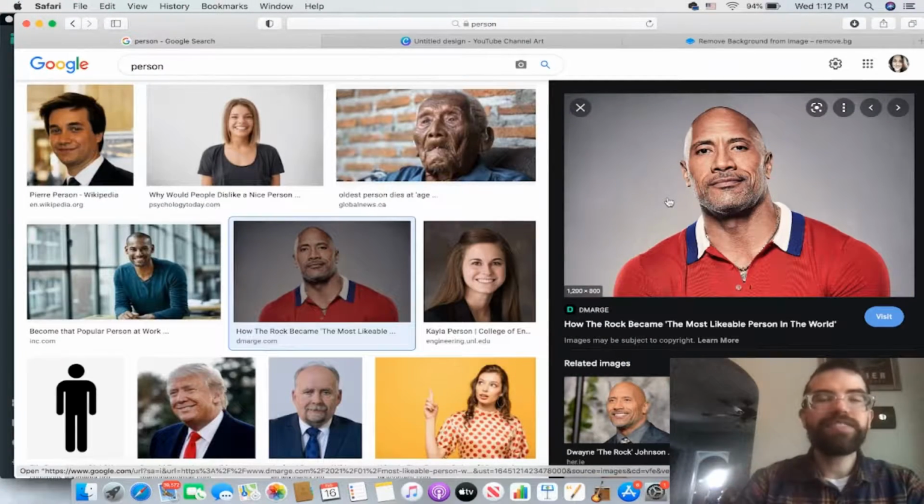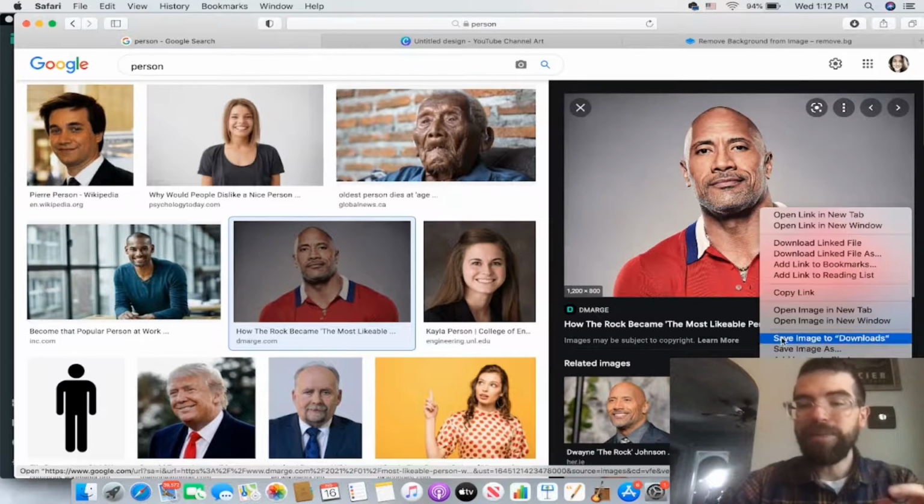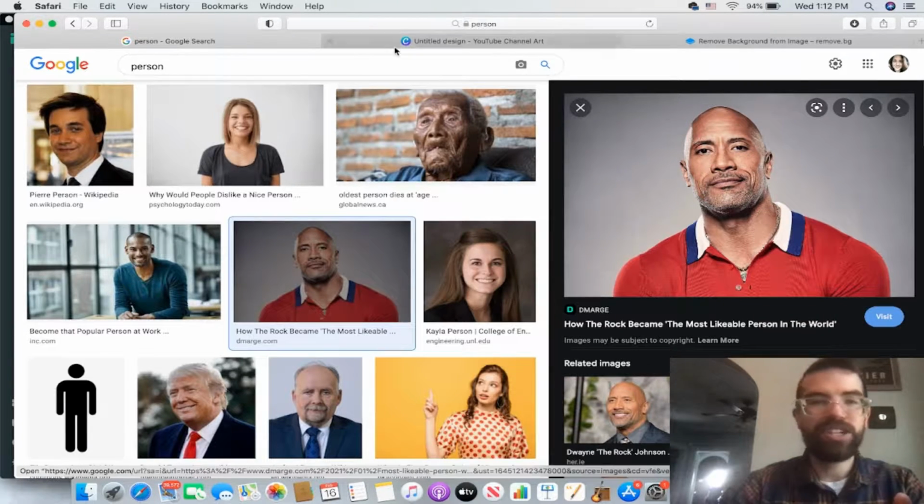So first off, let's find a photo that we do want to remove the background. Now I'm going to use The Rock, Dwayne Johnson. I think this is a good photo, so let's do this one and show you an example why this makes sense. So first, I'm actually going to show you in Canva why this is an issue,